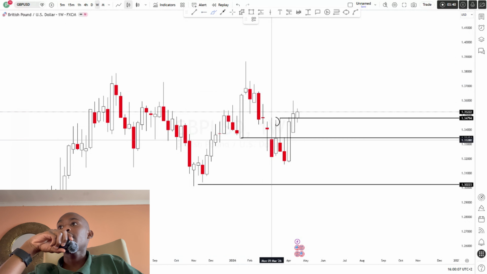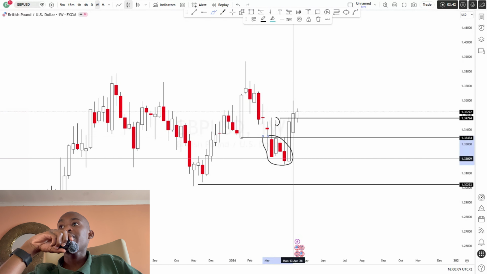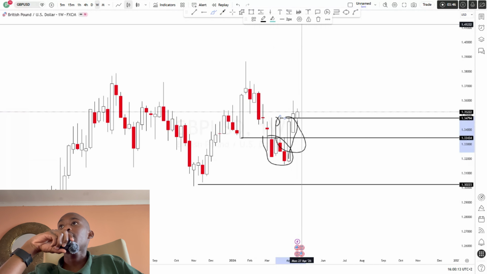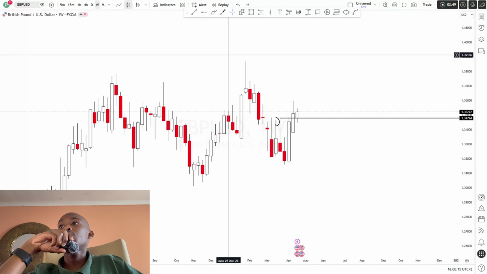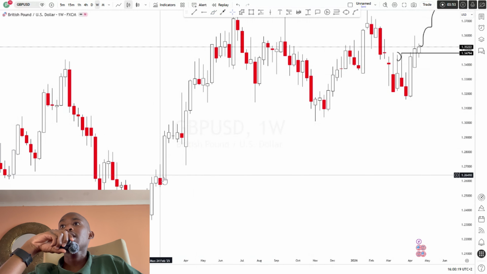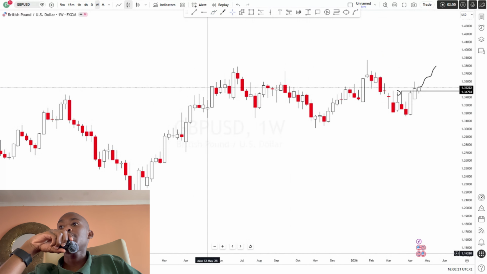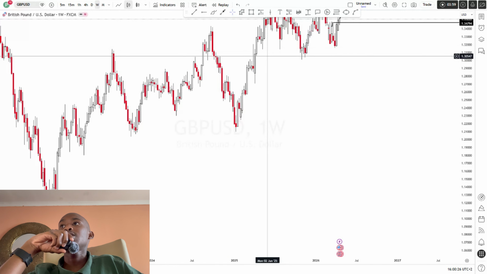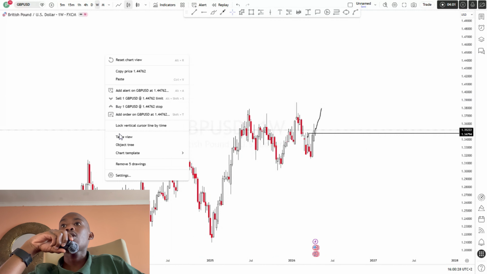And how much we were failing to further push down and got an aggressive push high. So I'm still looking to see whether we could get further momentum to the outside, looking at the fact that we are in this bullish momentum from a higher time frame perspective. We could see this whole momentum. So that's my take on the